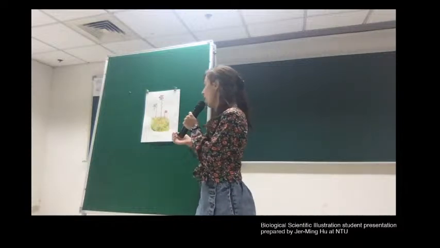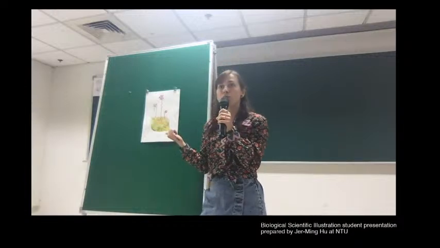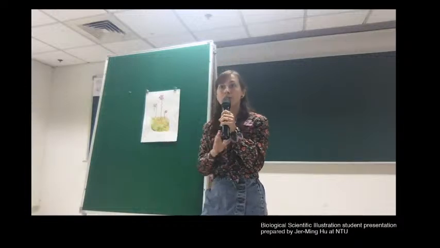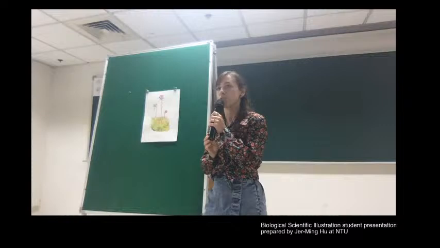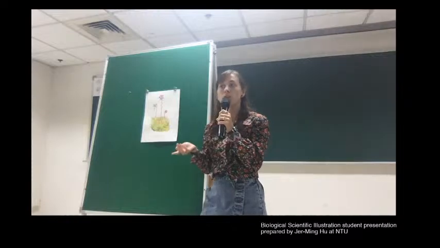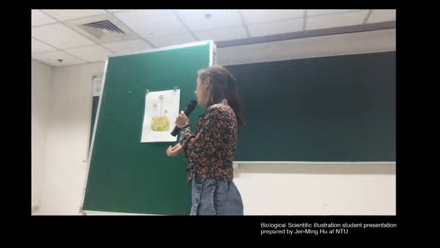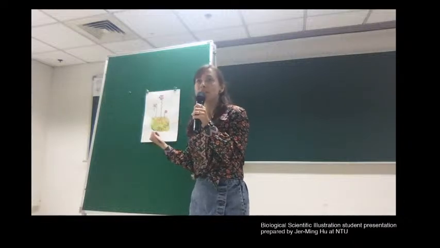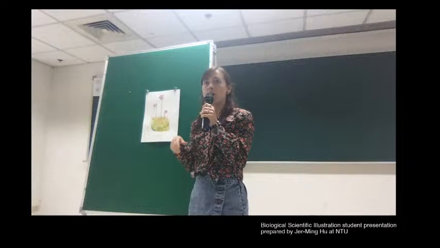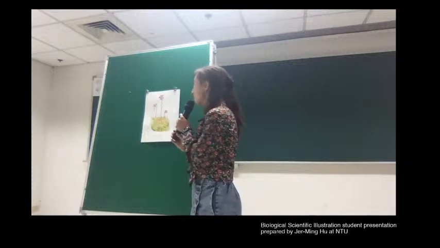order to break down and digest the prey. These plants are known to grow in wet, soggy, poor nutrient soils, so the insects are used as nutrients to supplement for the poor soil composition. And this species in particular you can find in Yangmingshan on the sides of wet rock surfaces. I was able to find the species myself and was super surprised by its size because I thought it was